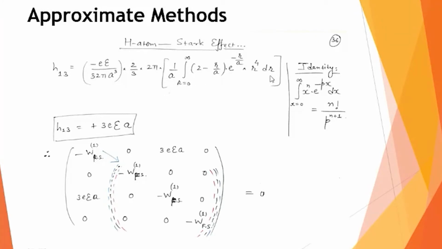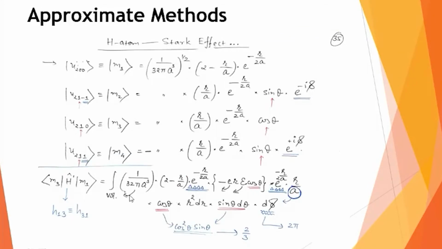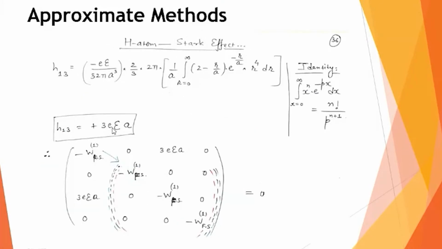And of course, now I have this equation, only R dependent equation, where again I open up this bracket, so I have now two integrations, one with this factor 2 and another with respect to factor R by A. And you know that this R is to 4, and whatever R comes from this, again I use this identity, and if I put all this value here and simplify, which I leave it to you, it's just the substitution of this identity in this equation, and you open up this bracket, you make it this 2 term and calculate. Finally, what you get, this value H13, the matrix element, this H13 as PE capital EA.